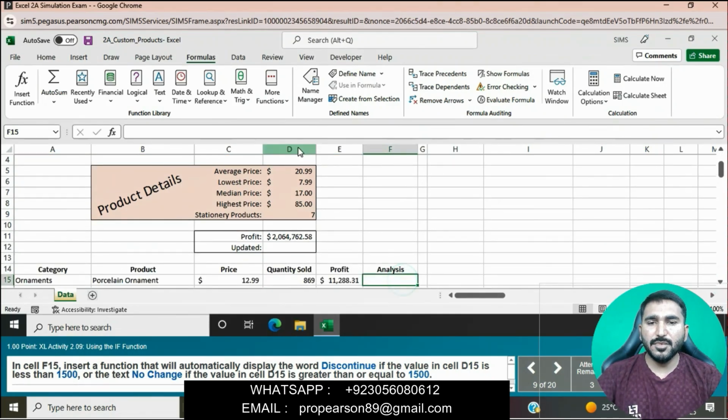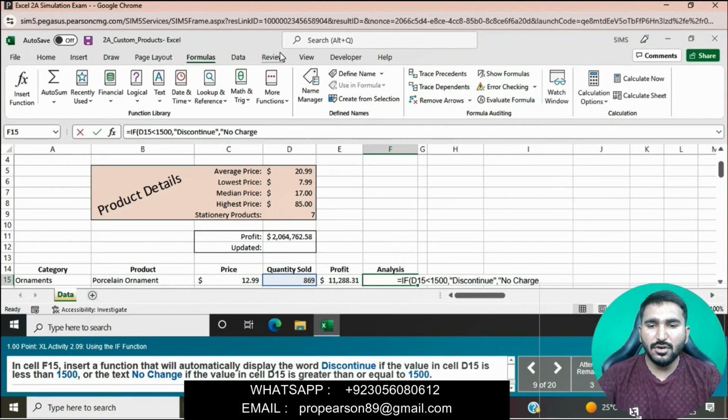Okay, go to the F15, press equal to, function, D15 less than 1500, and then no change, sorry, discontinue, discontinue, and then no change, and then in inverted commas we will type no change, as given in the question.